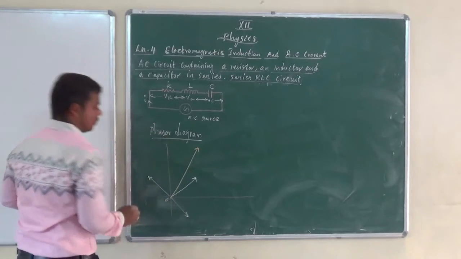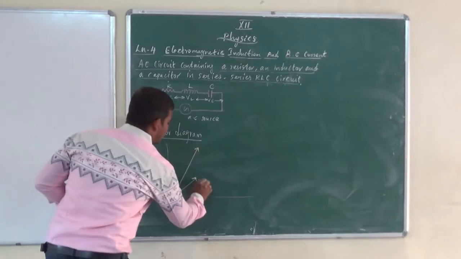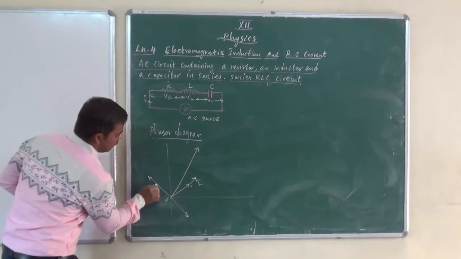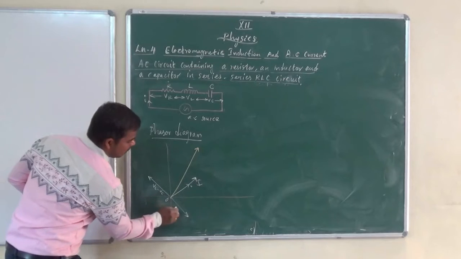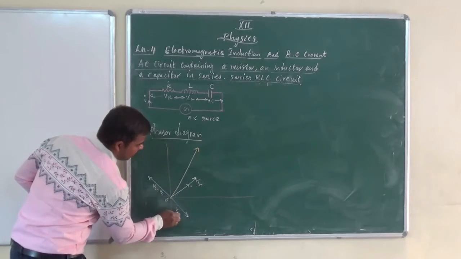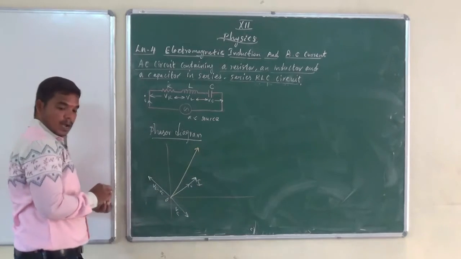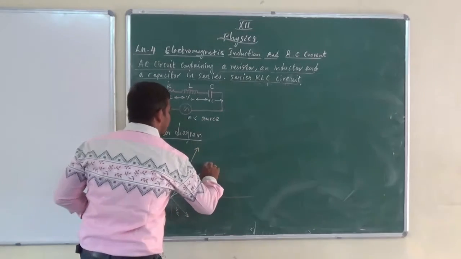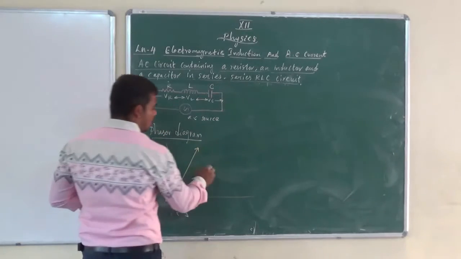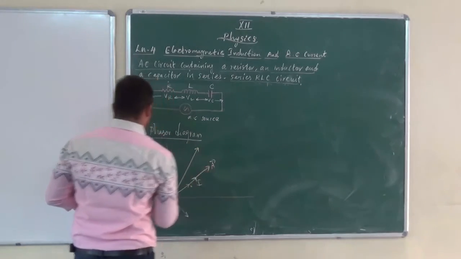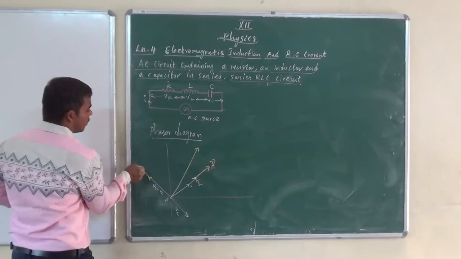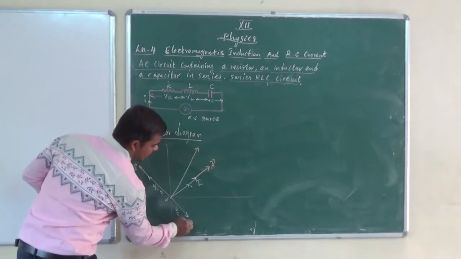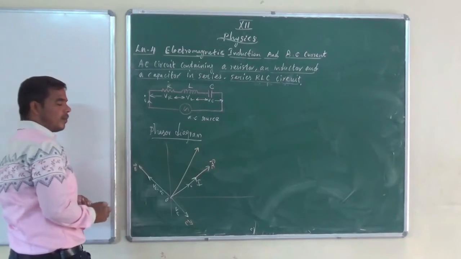This is O, this is I, and this is I. This is VL minus VC. And see here, what is this? This is the extended portion, A vector, and this is B vector, and this is C. Next, to form a parallelogram,